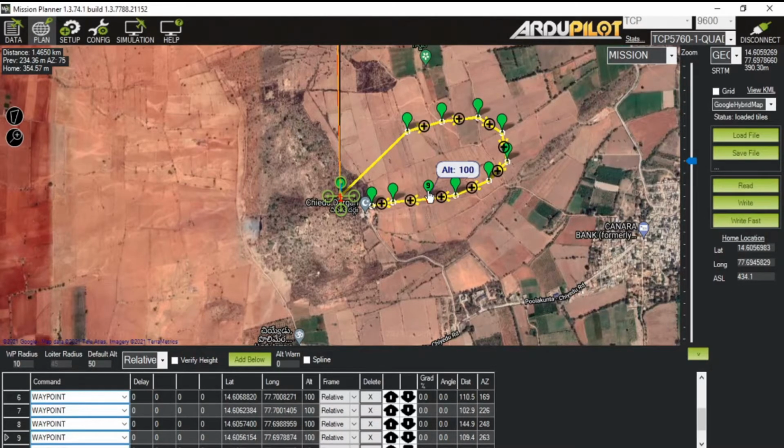After that, the descent phase will start, and we have made one more waypoint, and I have decreased the altitude of this waypoint to 50. So it will descend from 9 to 50. The drone altitude will decrease, and your drone will reach the 50 meter altitude. And after that, we have planned the next waypoint as land. After reaching this altitude, it will reach the 11th waypoint and it will land there.